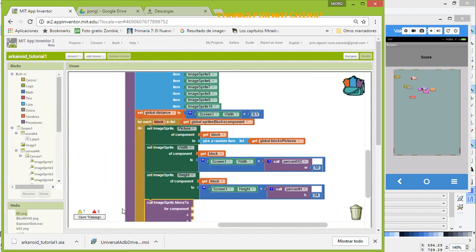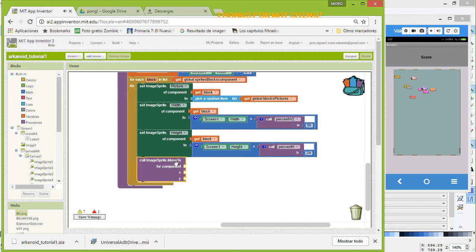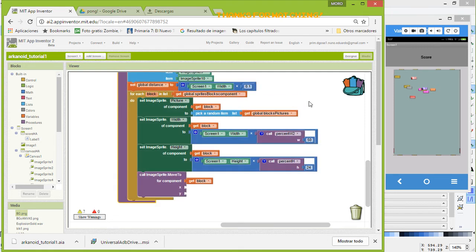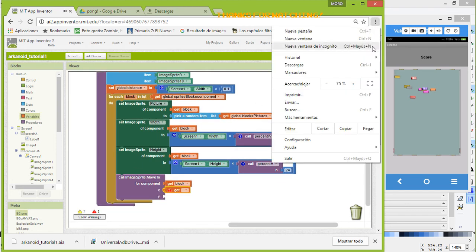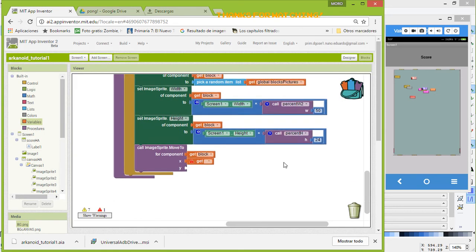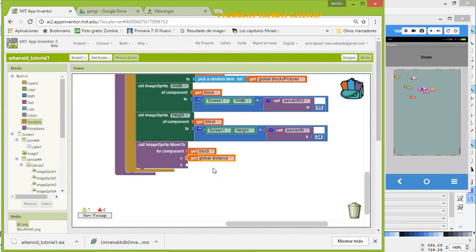So we're going to use this block, call image sprite move to for component. We're going to drag the block as usual in component, and the position in X will be based on distance. Okay, so we're going to use distance. So let me just make this thing bigger. So we're going to use distance, and then the Y